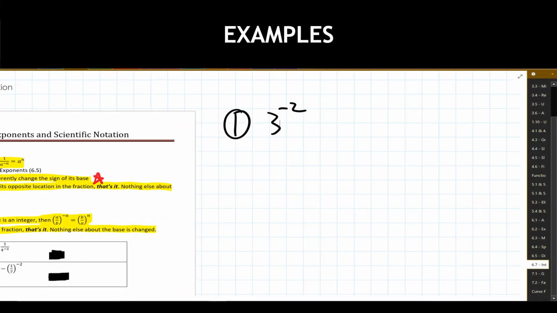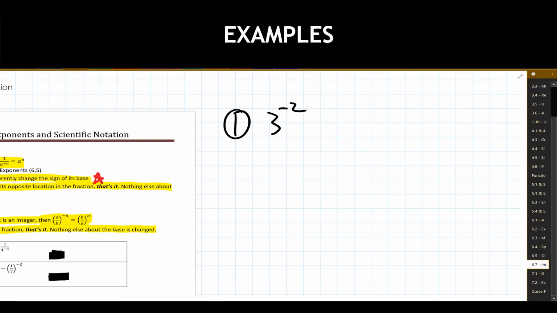So looking at our first example, we have 3 to the negative second power. When we're looking at these, I generally tend to gravitate towards wanting to take care of that negative sign first. That does the really weird stuff with these types of problems, so I like to take care of that before I deal with the 2 that's up in that exponent spot. So as we talked about previously, the only thing that the negative sign is going to do in the exponent spot is flip where the base of this exponent is going to be.